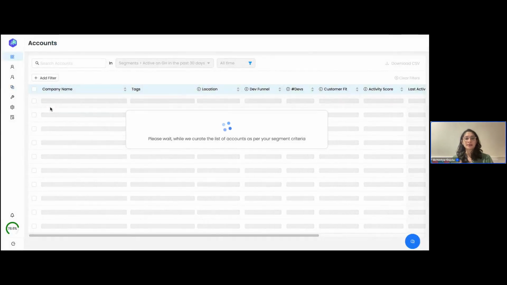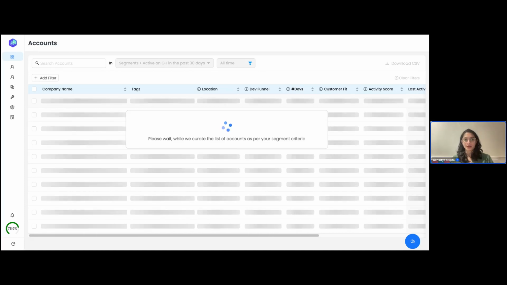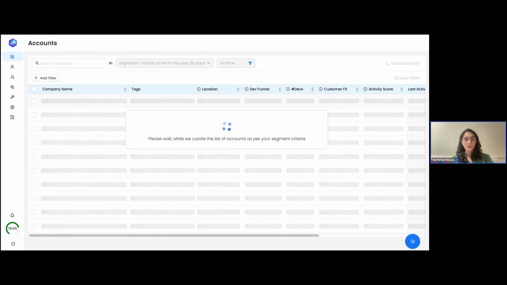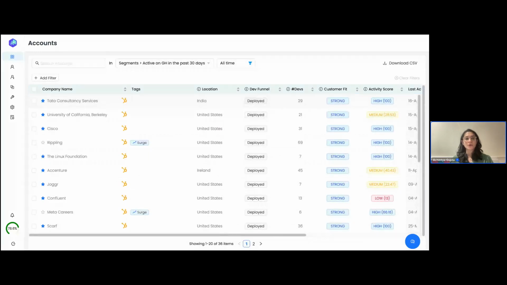Now, this is the starting point of your high intent account on your GitHub repos. Now, what I'm going to do is leverage the tags feature. As an SDR, I want to narrow my search. I want to know the best fit accounts that I can go after, that can land me my meetings. So tags is a very important feature which can help you sift through an entire bunch of,